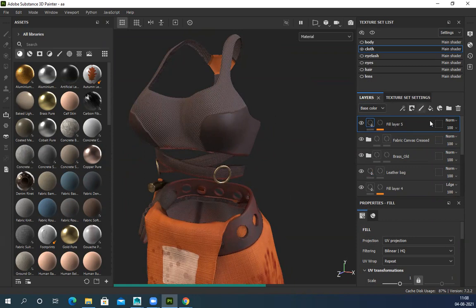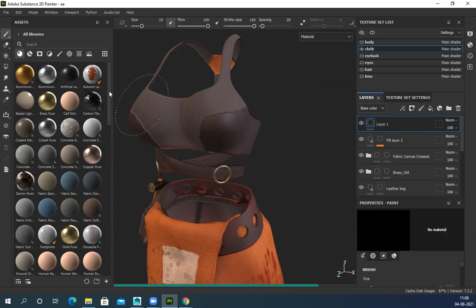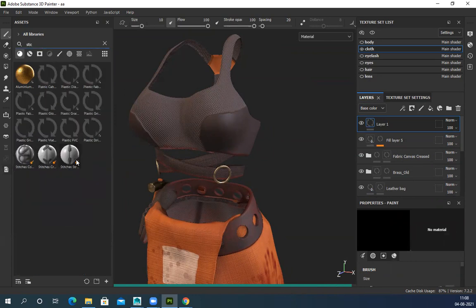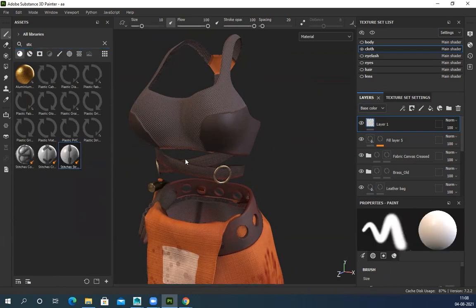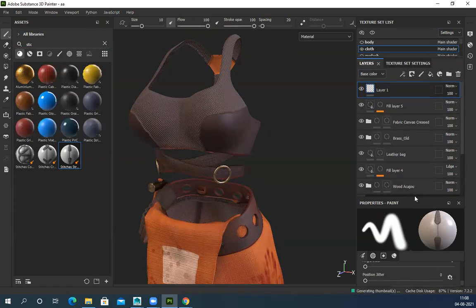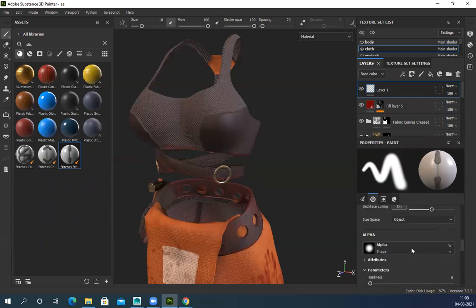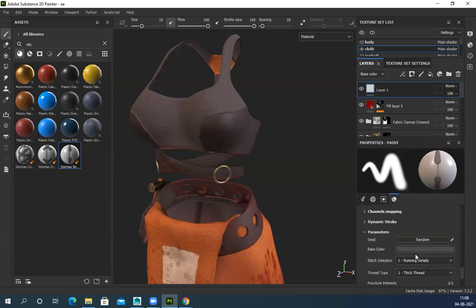Just take a paint layer, not the fill layer. And if I search for stitch, you can see all these stitches are there already. Yes, sir. Just select, click on anything, and whatever color you want. Because this is a paint layer, it works slightly differently, so for this you have to define all the color and everything from here.